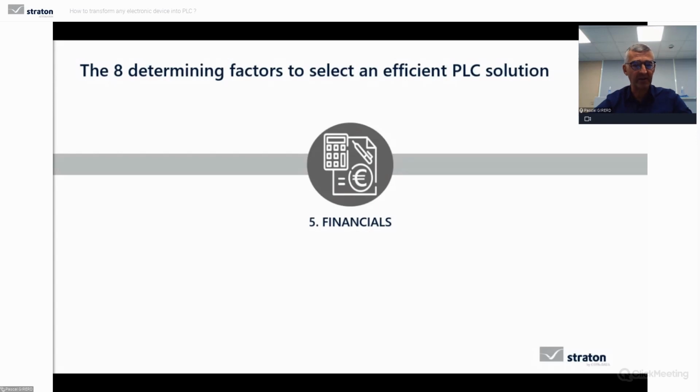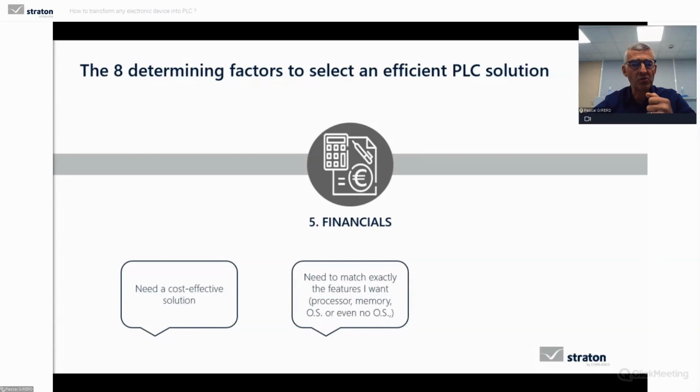It's also financials. We have said previously that dimensions, which must be small, and cost are very important factors in the embedded world. I need a cost-effective solution. I need to match exactly the features I want: processor, memory, operating system, or no operating system.